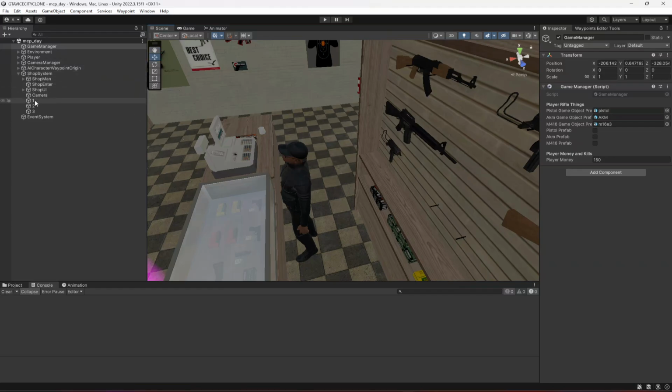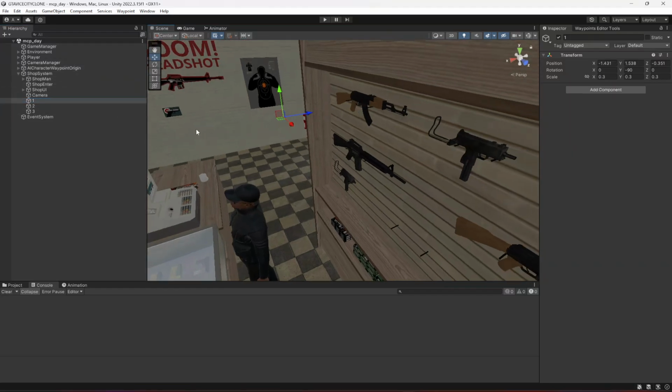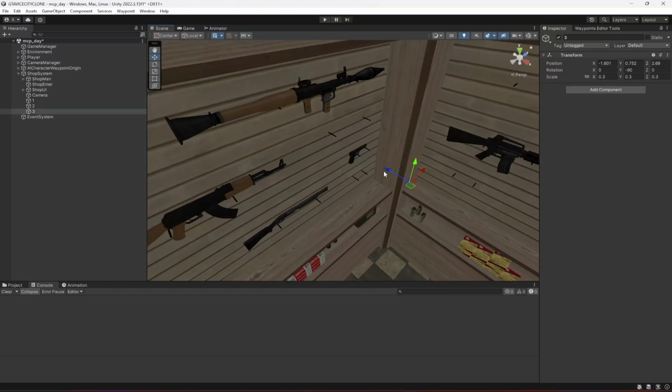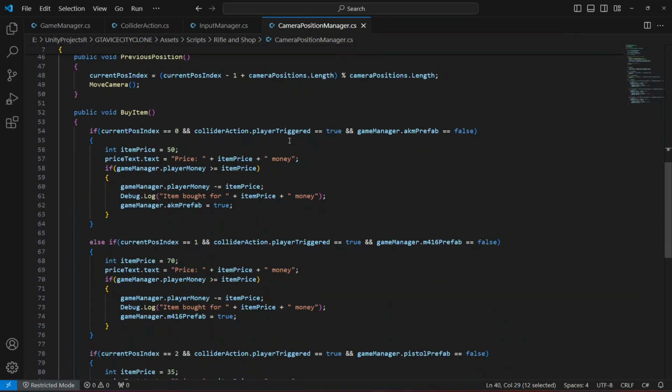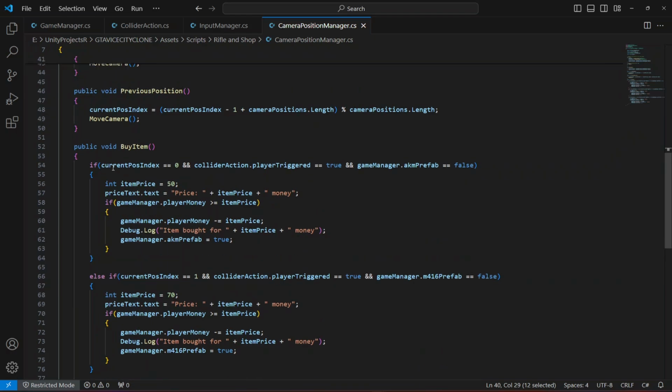Okay, so for the AKM, the transform is good. We just need to move this one down, I mean backward, and this one was good as well. We just need to move it a little bit in. That's it. Okay, and now for the text, we need to open up this camera position manager, and as you know that this buy item